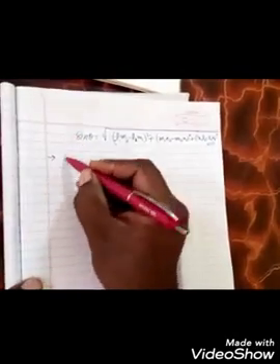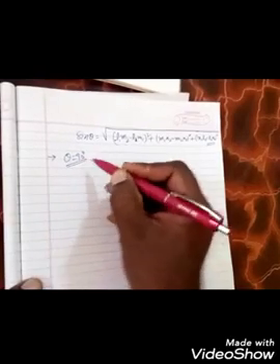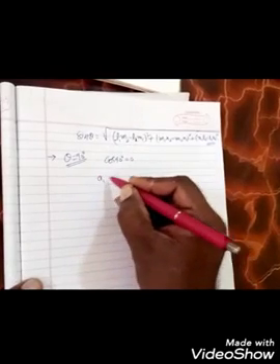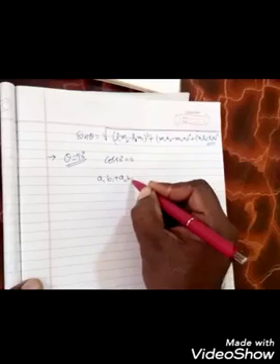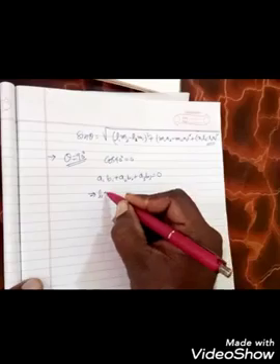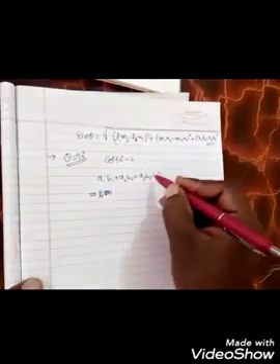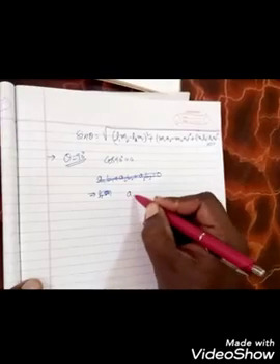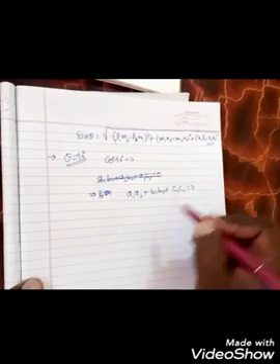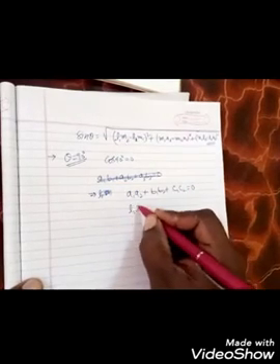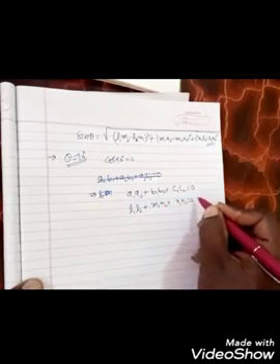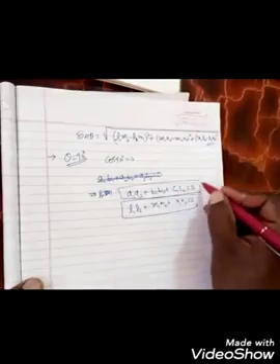Further, another case is if the lines are perpendicular. Now, if theta is equal to 90, then cos 90 is equal to 0. Therefore, if you substitute in that formula, you are going to get a1 a2 plus b1 b2 plus c1 c2 is equal to 0. Further, you can write this one as L1 L2 plus m1 m2 plus n1 n2 is equal to 0. These are the two formulas if they are perpendicular.